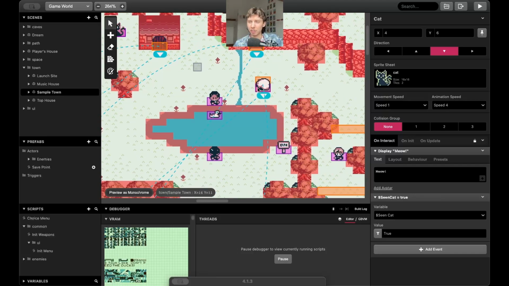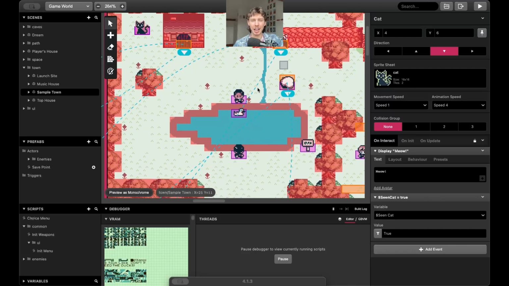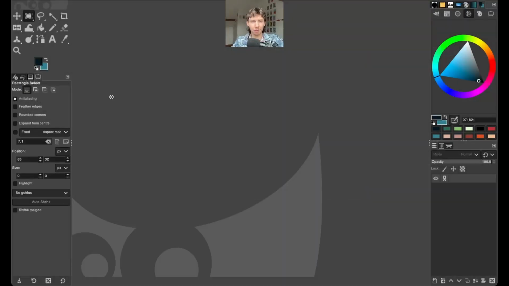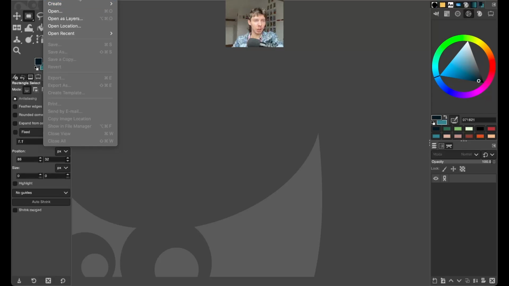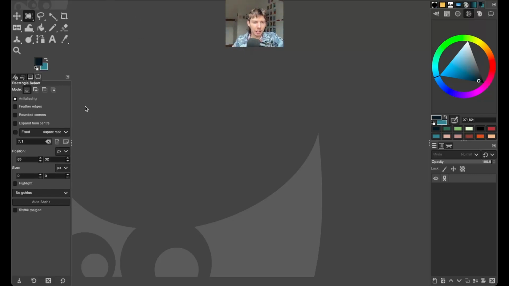Cool. So basically, we want to make an inventory system that can hold three objects, and we will start by going into GIMP. And if you remember what GIMP is, it's a free image editing software. And what we're going to do is click File, New, and go 160 wide by 140 high. This is the exact screen dimensions of the Game Boy, and therefore the scene size necessary for GB Studio. And if we press OK on that,